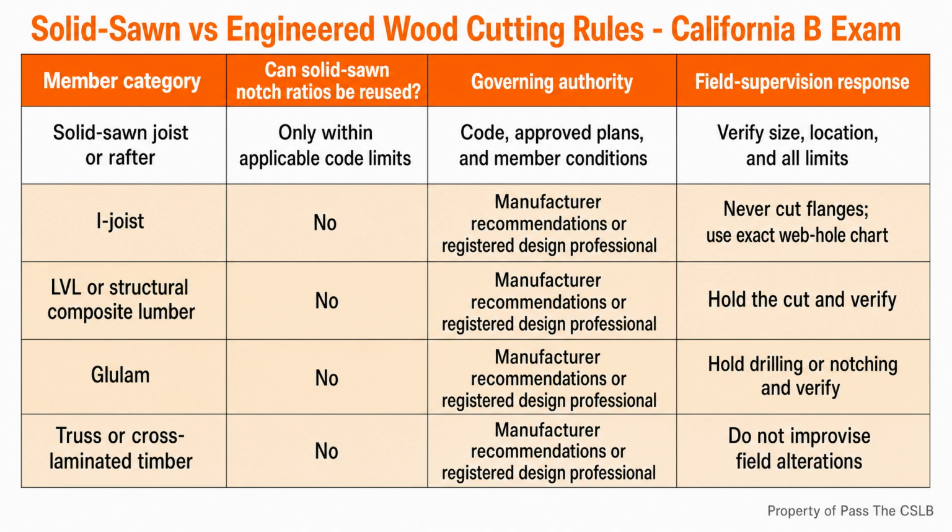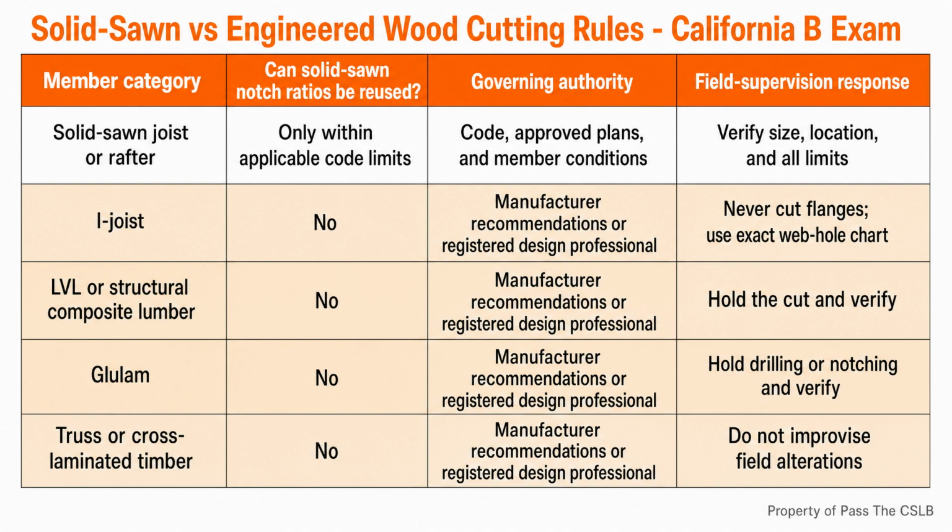The California Residential Code makes the solid-sawn and engineered distinction directly. For floor framing, Section R502.8.1 gives prescriptive limits for solid-sawn joists. A notch in solid-sawn lumber is limited in depth, limited in length, and kept out of the middle 1/3 of the span. The next section,